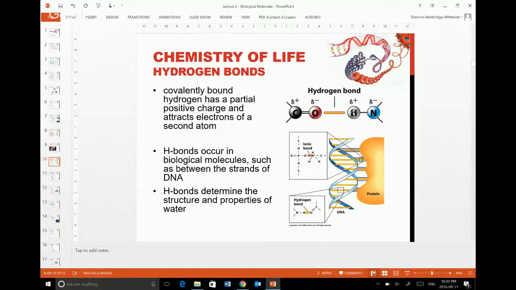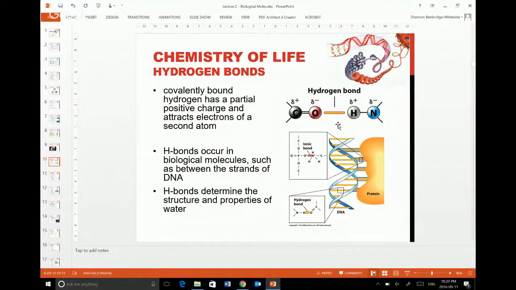Now this slightly positively charged hydrogen is going to interact with the slightly negative oxygen here. This is really an electrostatic attraction. There's no actual sharing of electrons here. It is not as strong a bond as a covalent bond, so it can be broken more easily,